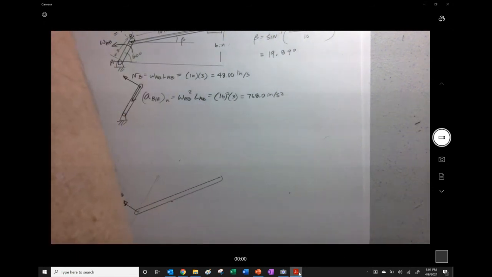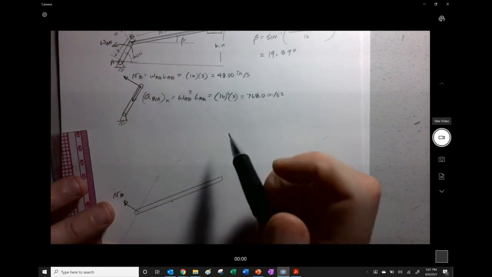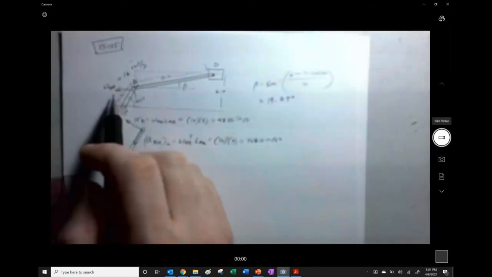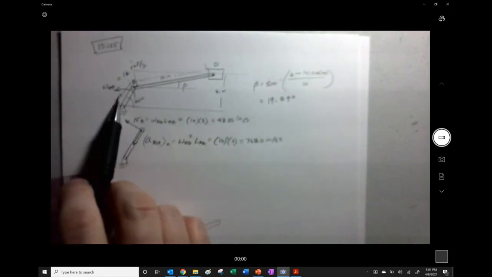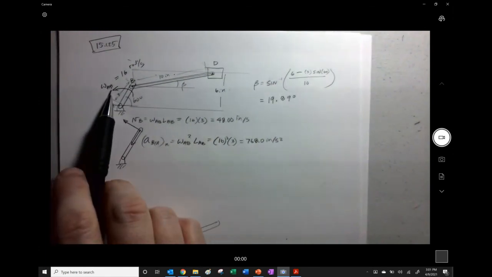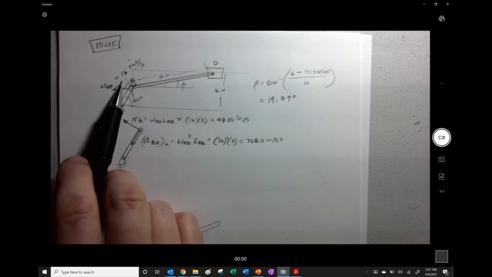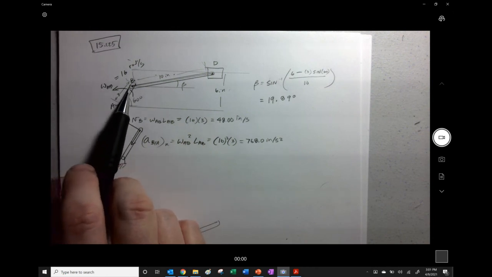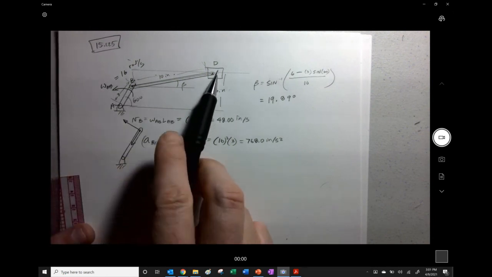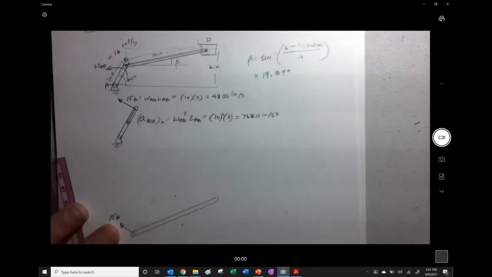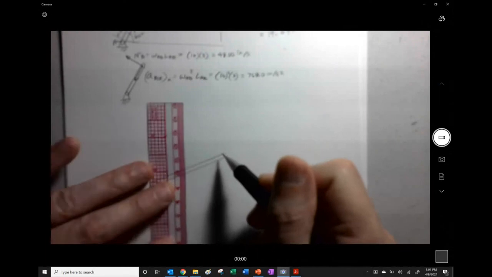Let's see here. Why is there no tangential component again? Because this is a constant velocity, right? A constant angular velocity right here. If there was an angular acceleration, then there would be a tangential one. We're talking about right here. There will be a component we have to worry about when we get to the big guy. But in this one, we don't have to worry about it. All right,